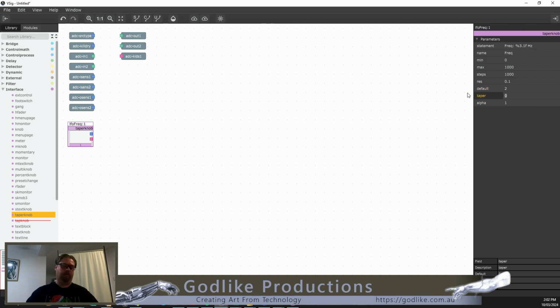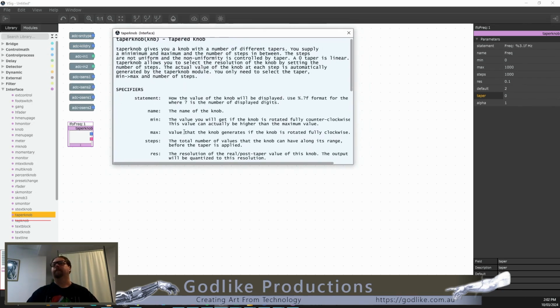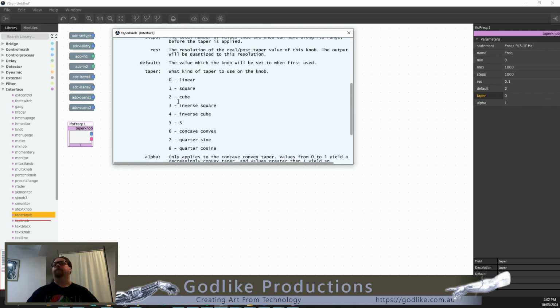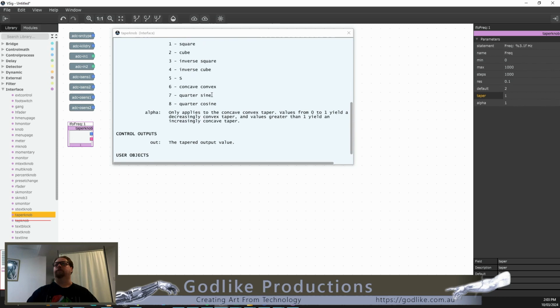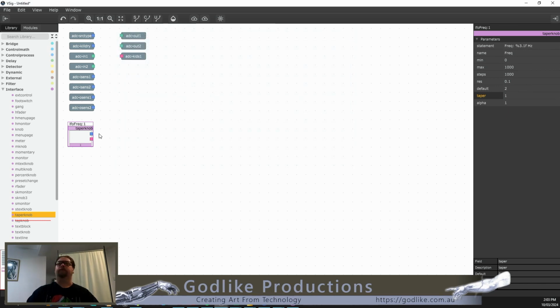And the taper, so to work out what this means, you can go Control D, and that will bring up this help file. And then down here, we're going to use the square one. So with higher numbers there'll be more spacing. So we're going to set taper here to 1. Okay, and alpha doesn't matter unless we're using concave or convex. So we could use concave and convex, and that would do a similar sort of thing. Okay. All right, so we've set our